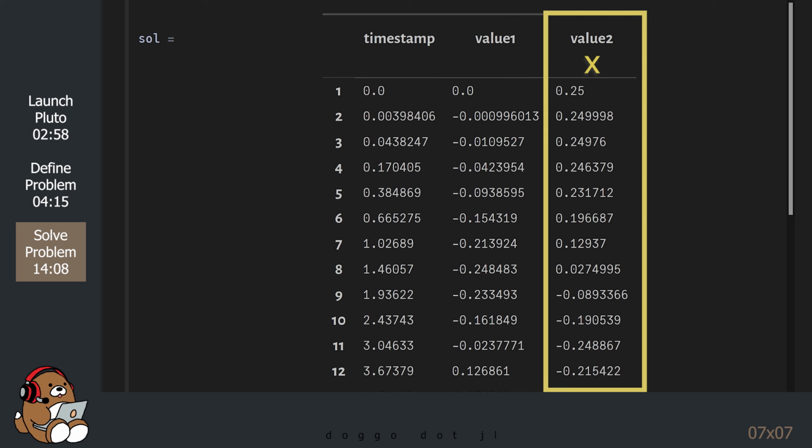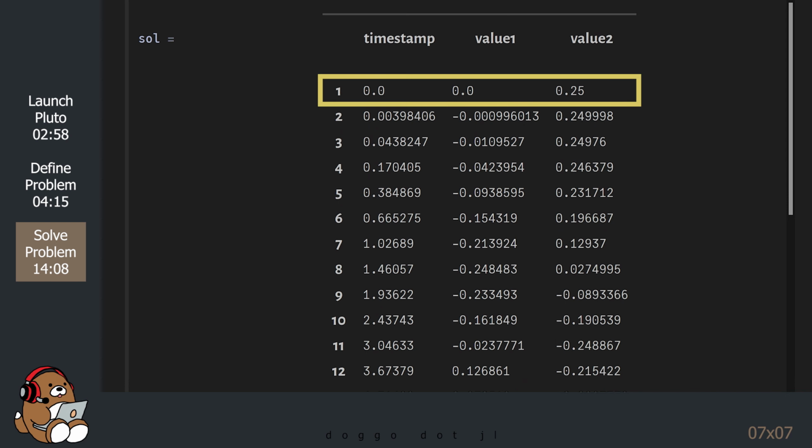The value 2 column is for u, which in this case is the position in meters. A positive value means that the center of our mass is located to the right of the equilibrium position, or 0. A negative value means that the center of our mass is located to the left of the equilibrium position.